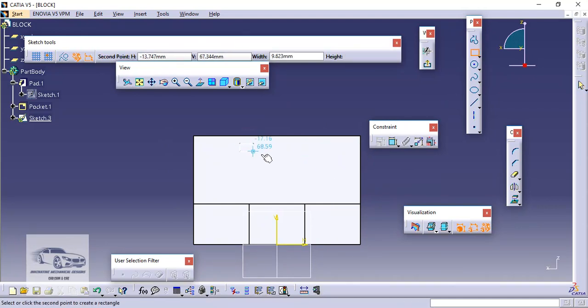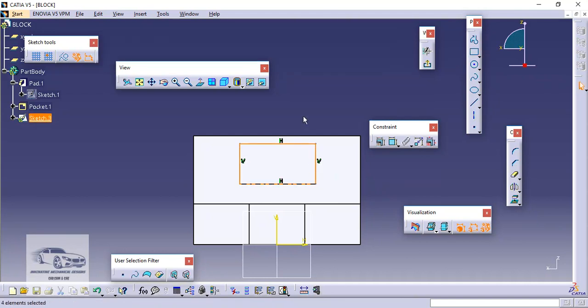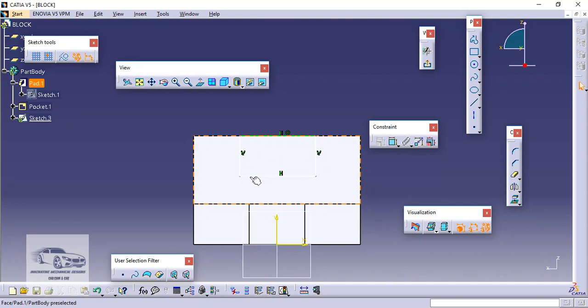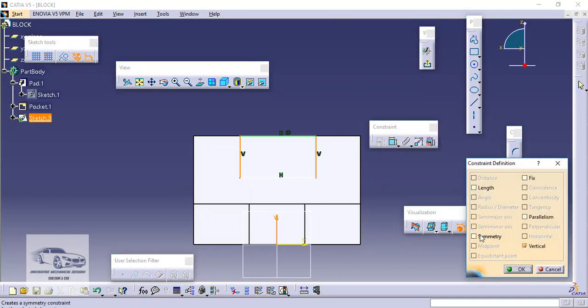So in those conditions where we have to sketch on curvy linear or cylindrical surfaces, we have to create offset planes for doing so. So again I will make these two edges coincident, and next I will select these two edges to make them symmetric with respect to the center axis.